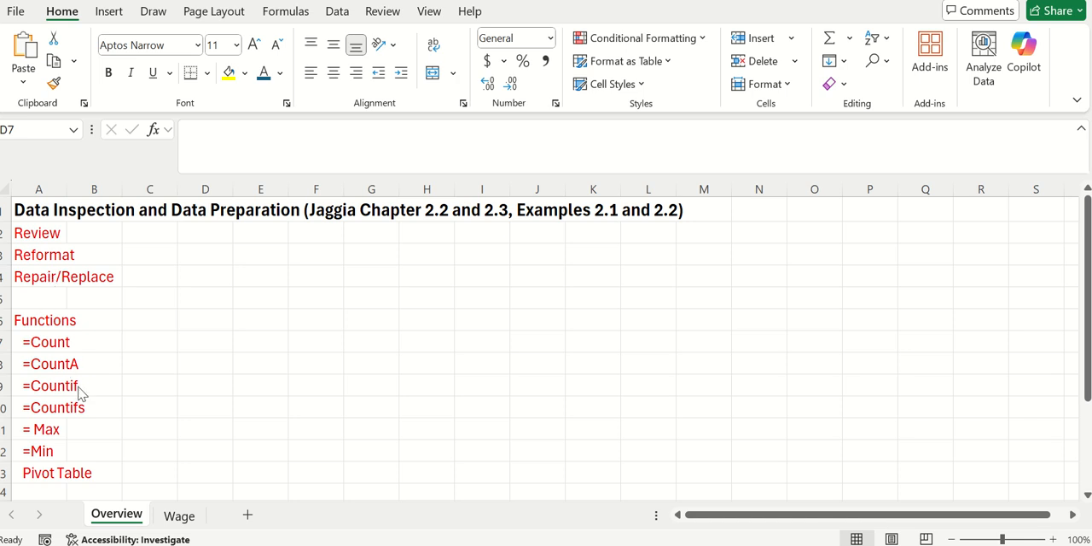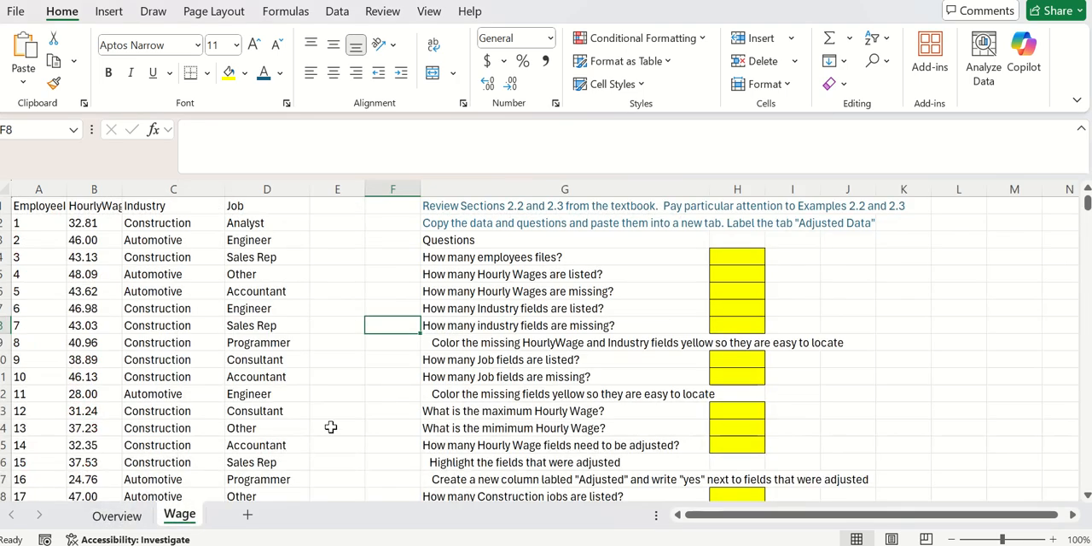The functions that we're going to use as we go through this are count, counta, countif, countifs, max, min, and then we're going to look at a pivot table to also make your life a little easier in this. The wage data is the data that I want you to work with, and the first step in any